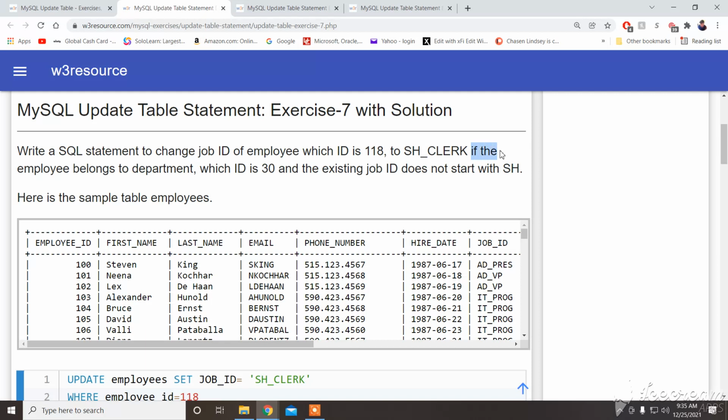The second you see that, let's just say to SH clerk, end statement. New statement is if the employee belongs to department. So statement 1, statement 2, statement 3. The thing doesn't even have to make that much sense, but